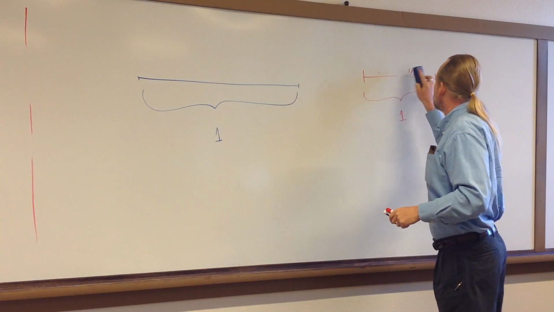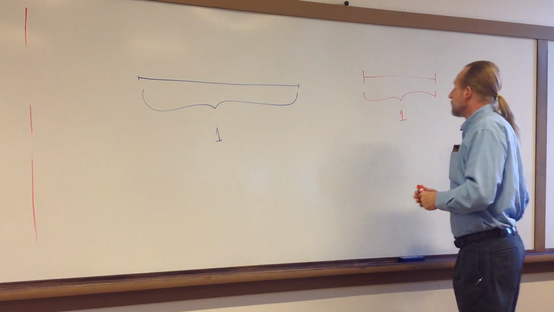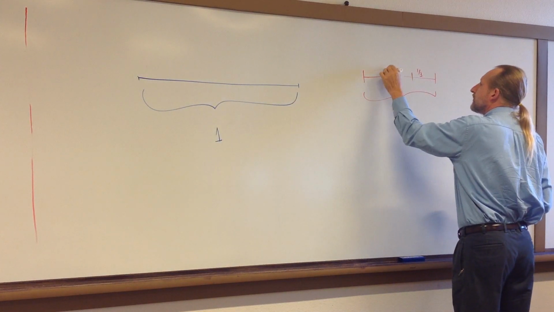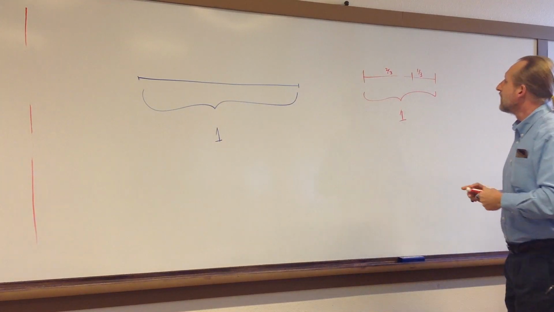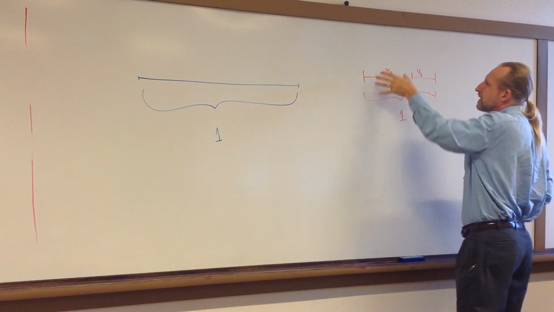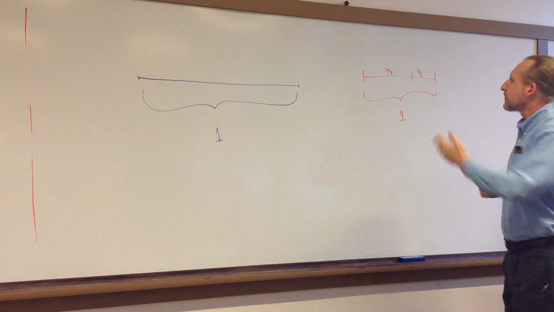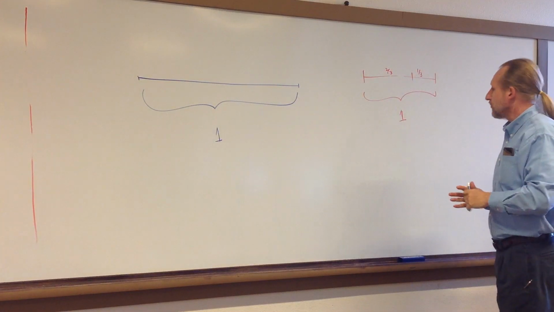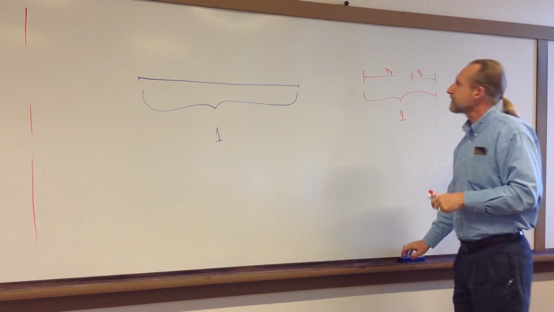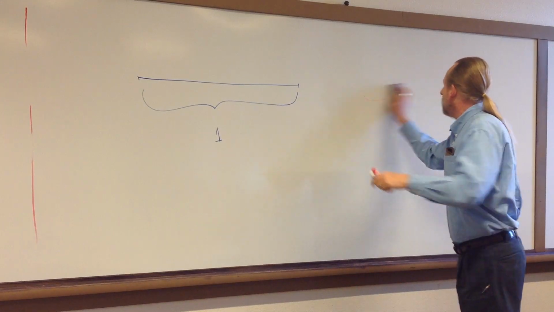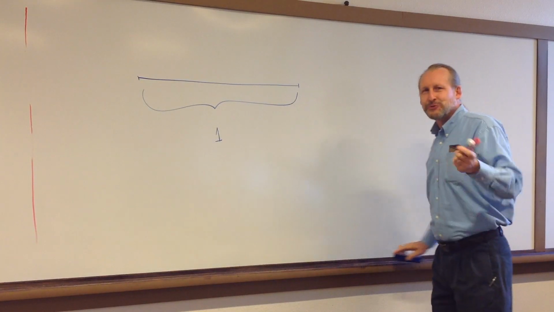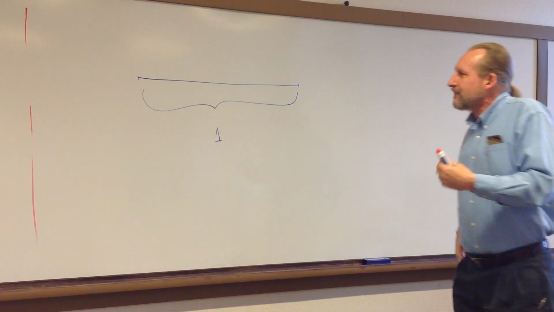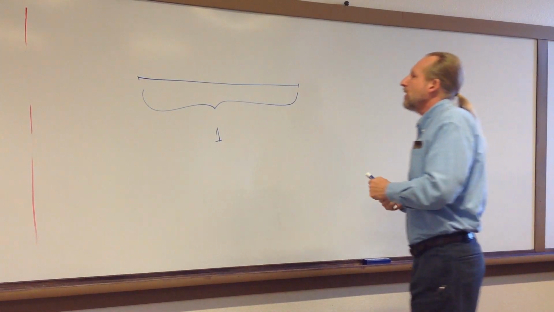Let's see, if we divide it into, let's say, thirds, so that this is 1/3 and this is 2/3, then the ratio of the whole thing to that longer piece is 3 to 2, and the ratio of the longer piece to the shorter piece is 2 to 1 because it's twice as long. And you can continue to do this. And so mathematicians or philosophers, who in ancient Greece were kind of the same thing, arrived at this question and said, where can we draw the line,